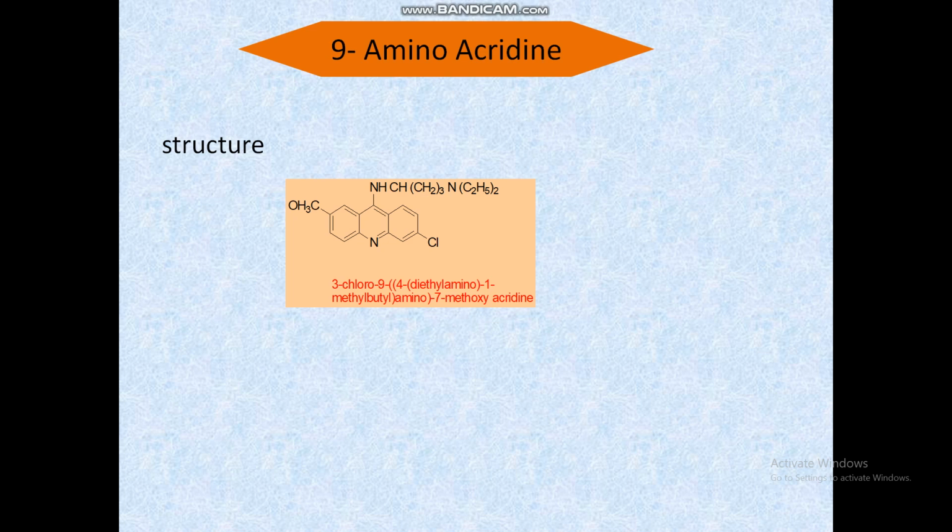So various types of acridines were synthesized. Acridine has weak antiseptic and antibacterial activity. When the side chain 2-amino-5-diethylaminopentane is introduced at the 9th carbon position, the compound becomes antimalarial. When methoxy at position 2 and chlorine at 6 are introduced, we get quinacrine. In this structure, the second position has methoxy and the sixth position has chlorine.